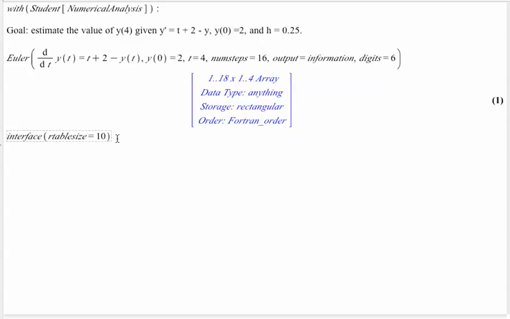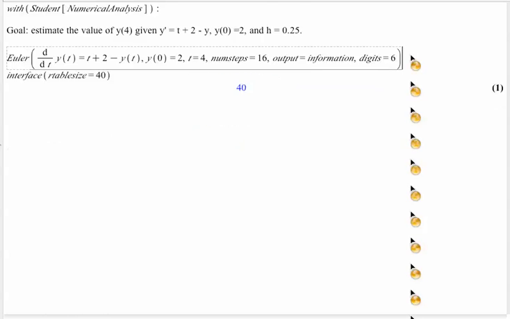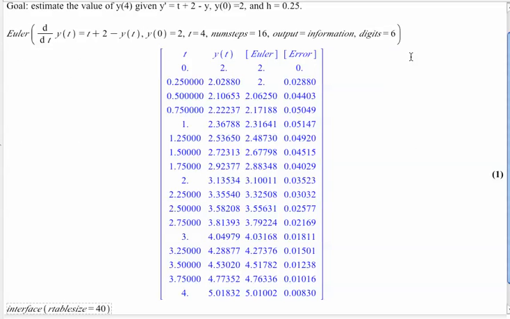I've got this command down here called interface. What you want to do is type interface, our table size, and then give a big number. Let's say 40. I'm going to show you something here. I'm going to hit enter, and Maple says, no, I like 10. So you have to evaluate this again. No, I mean 40. Now when you go back and evaluate this command, it's going to show you the